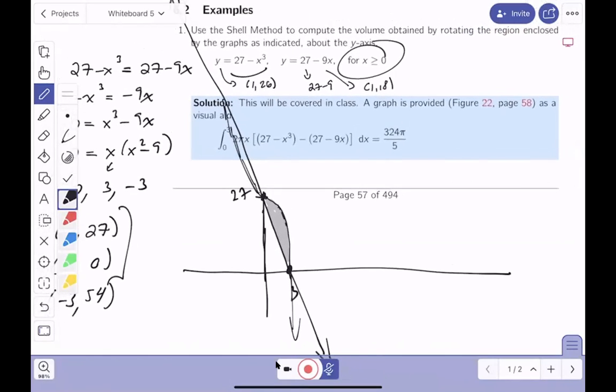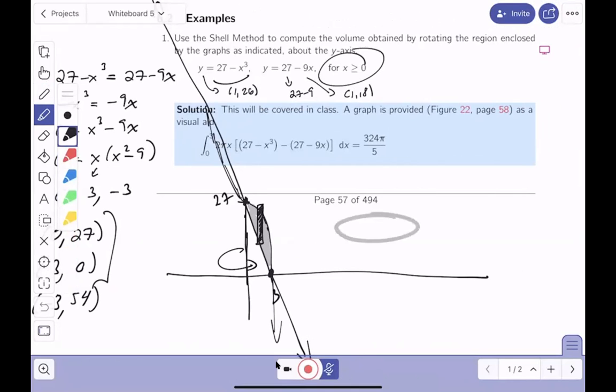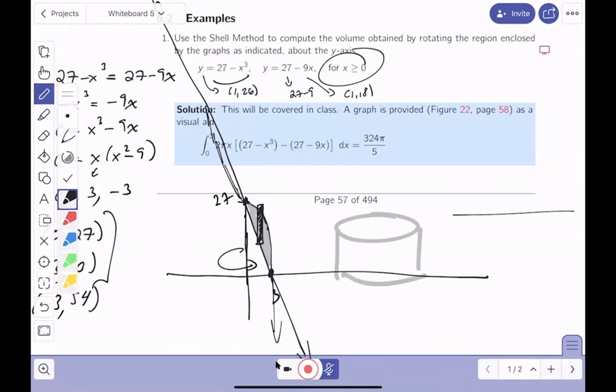It says it's rotated about the y-axis. So it's rotated like this. So I'm going to use a shell. Let's write this down. So I can put my shell down, looks sort of like this over here. If I rotate that around like that, I cut it and lay it flat. Again, I'm not saying I'm doing a great job at drawing a picture, but I'm just trying